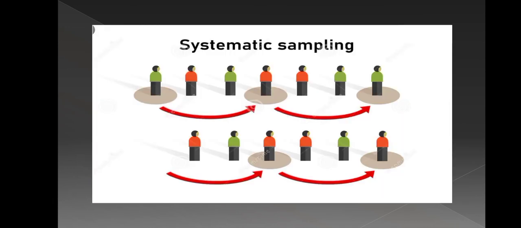And here you can see a picture. You can see a number of students. All the students are standing in a straight line. First I will select this number. The first number you can select randomly. So first I will be selecting the number 1. Next I will select the number 4. In between I will keep the gap of 3 persons. Again, while selecting the next number, I'll keep the gap of 3 members. Go on continuing this procedure until you get the required samples. So this is about systematic sampling.